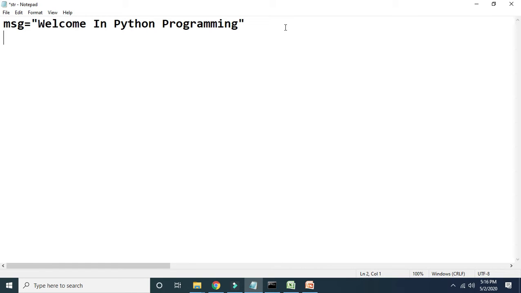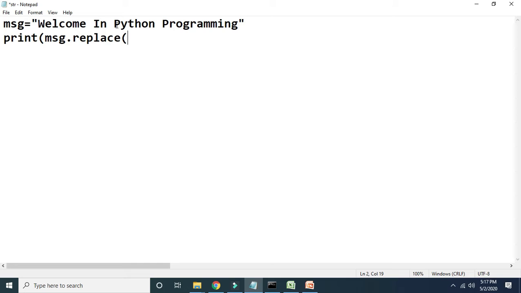Python by Java. If this is the case, then we have to call a replace method. The replace method we can apply on the string we stored in the MSG variable. So we have to call a replace method, and replace is a parameterized method. We have to pass two parameters for this.